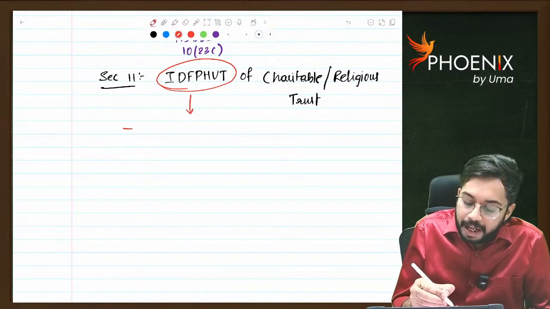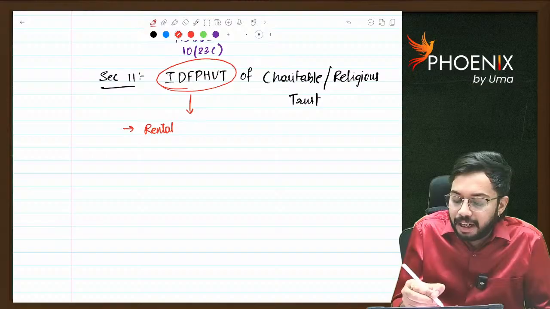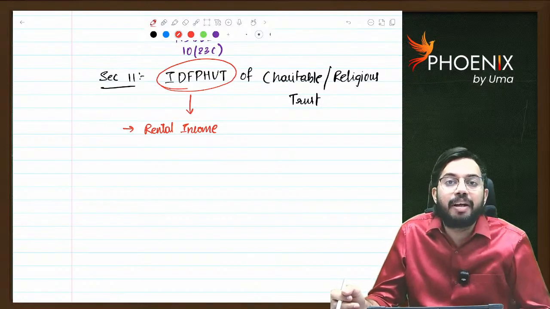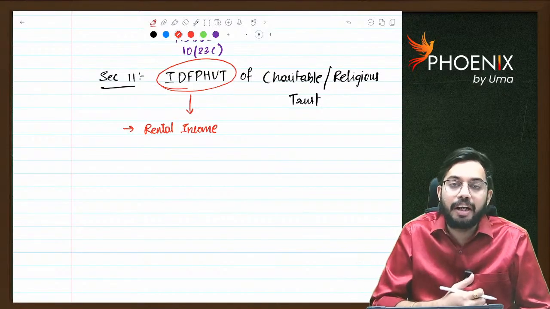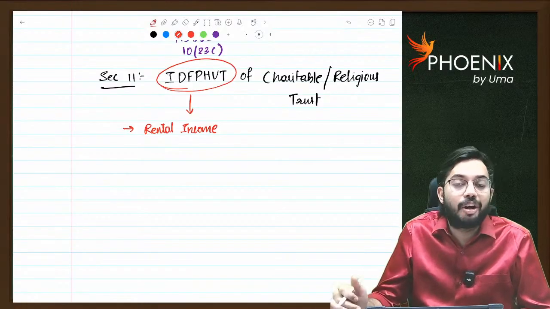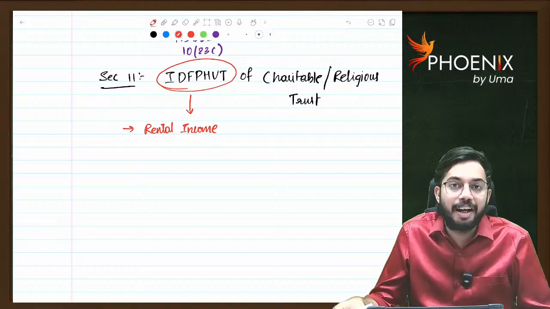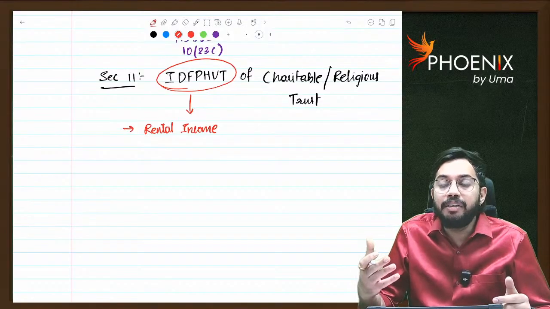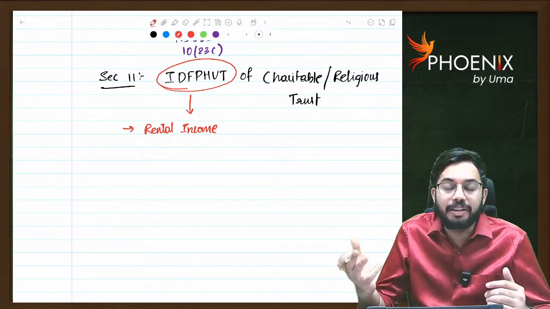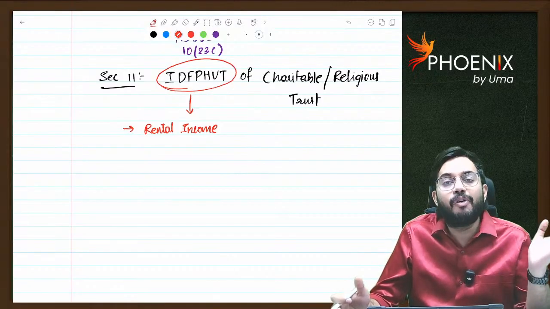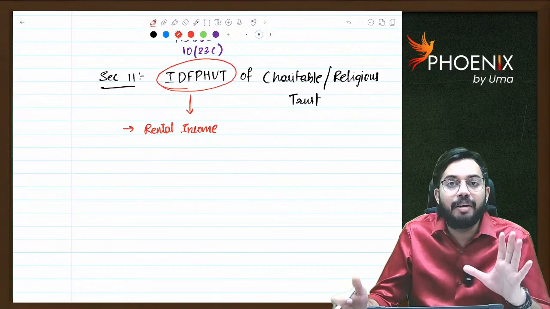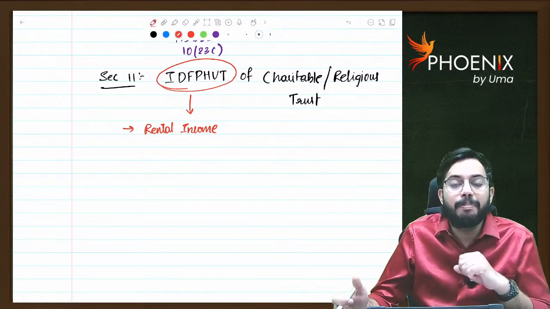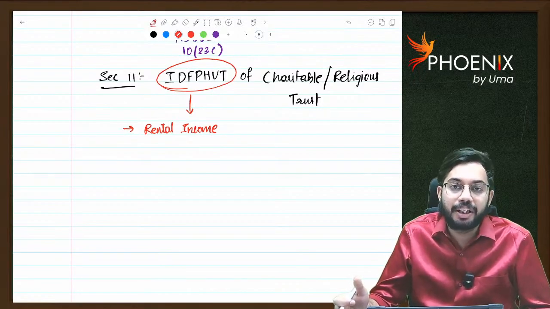Income derived from property held under trust means, we can say, rental income. For example, the trust is having a function hall. The function hall is given on rent for marriage. So by giving the function hall on rent, you are getting rental income. That rental income you can call as income derived from property held under trust. See, big trusts are there like TTD, Shirdi Sai Trust, Srisailam Trust. So many trusts are there. All these trusts, whatever income they receive, they are going to claim exemption under section 11. So section 11 says income derived from property held under trust is eligible for exemption under section 11.